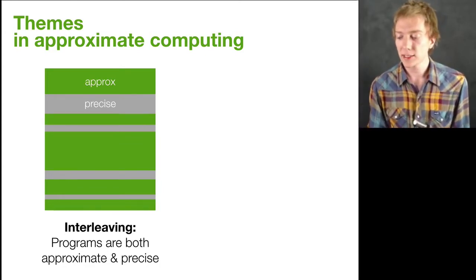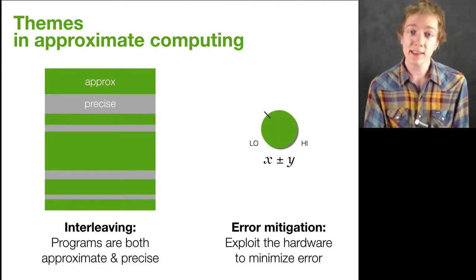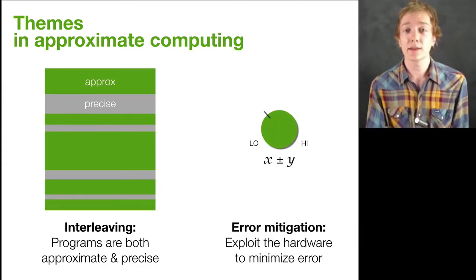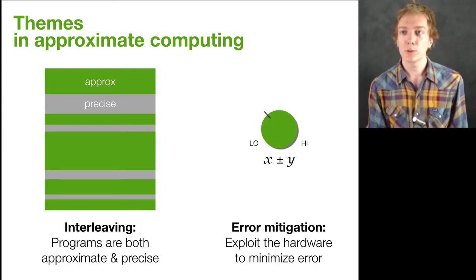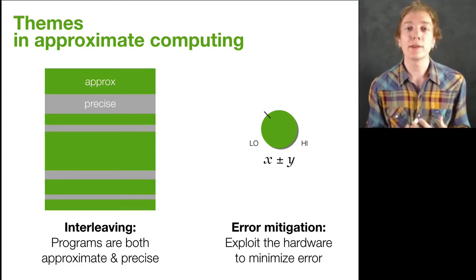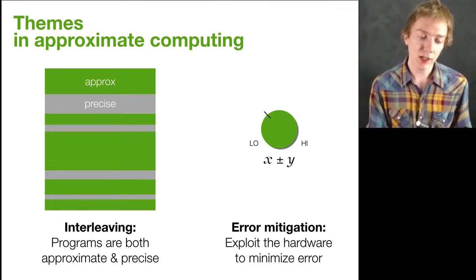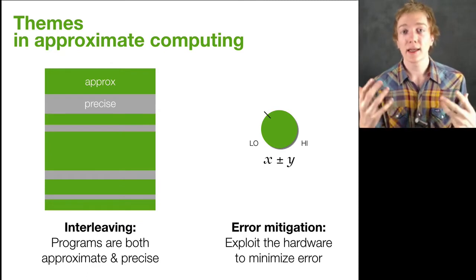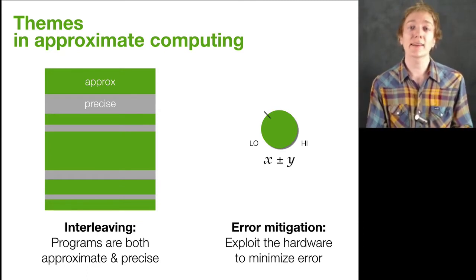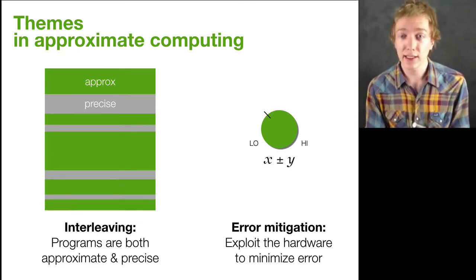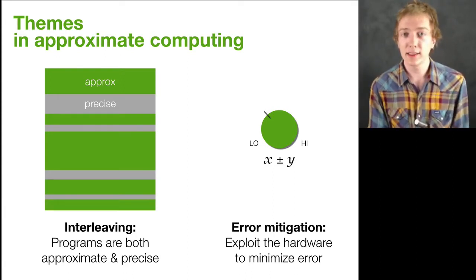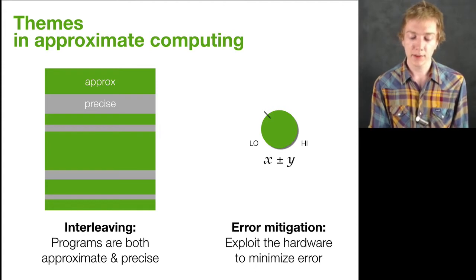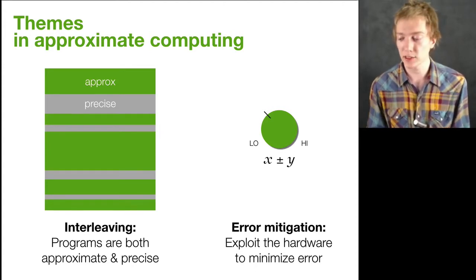The second theme is error mitigation, and that is to say that total garbage is not a good approximation. That is, even when data is approximate, even when we can tolerate some error in it, we want to exploit the underlying hardware in order to do our best to mitigate the magnitude of the errors in stored values. These things are going to come up in the two techniques that I'm going to describe for doing approximate storage